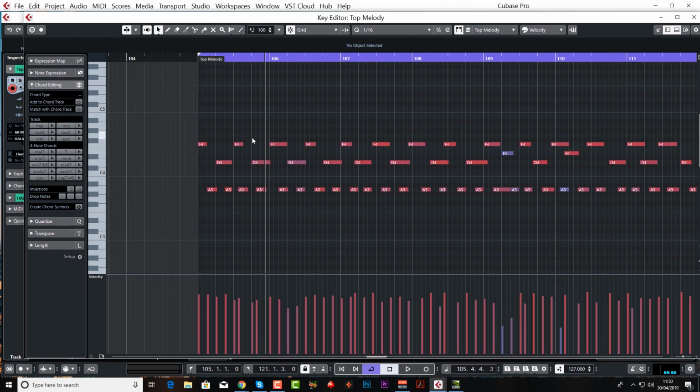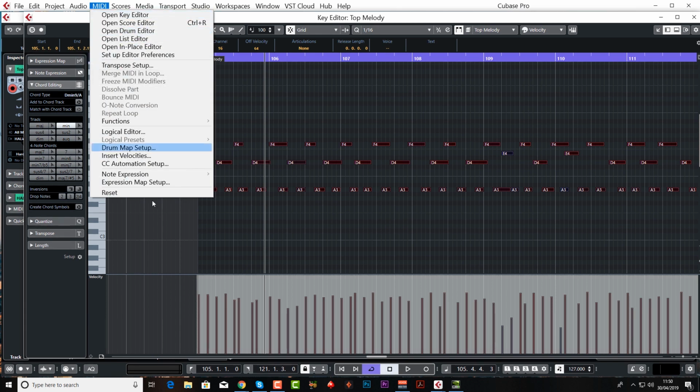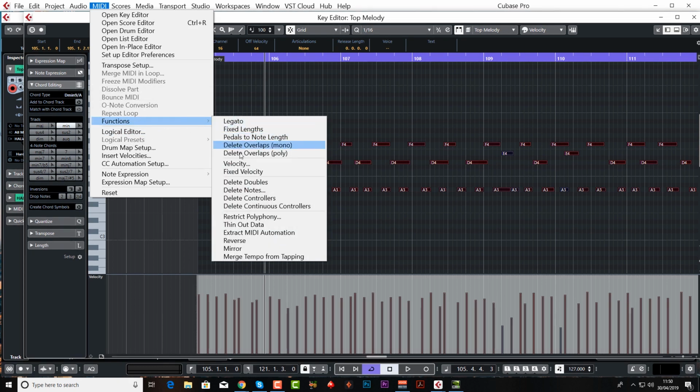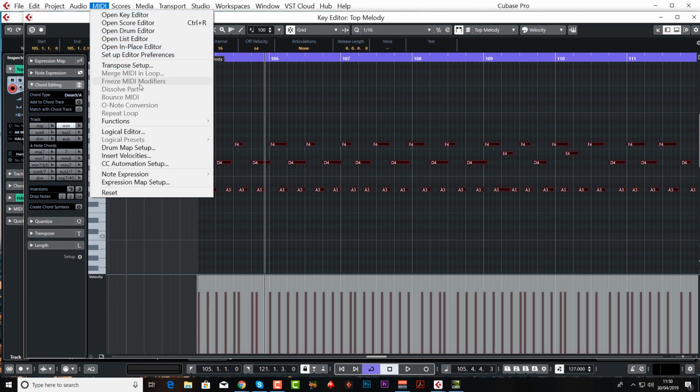And sometimes you actually get timing mistakes that actually work well. I think this happened the first time round. It shifted one of the notes, you know, forward or back a 16th, and I thought, oh, I actually quite like that. So I'm just going to flatten out these velocities, which is down here, which is how hard you hit the keyboard and therefore how loud it is. So we're going to come to MIDI functions, fixed velocity. Probably do fixed length as well,